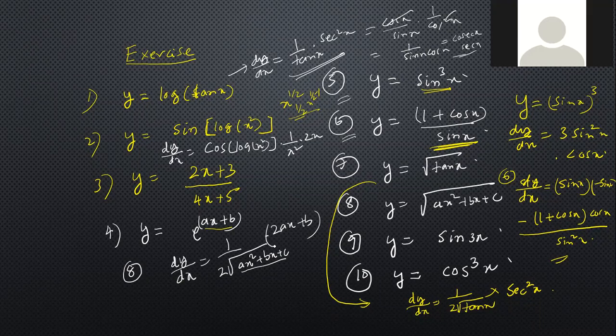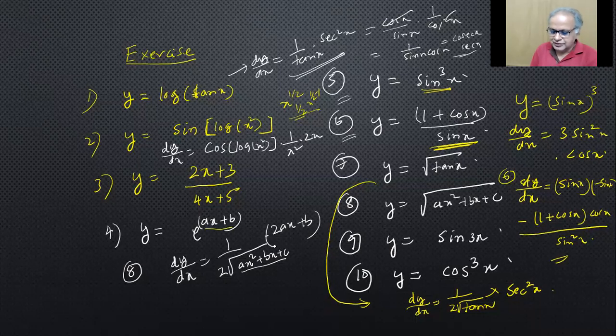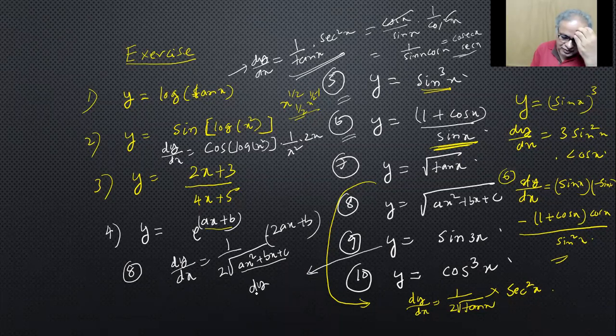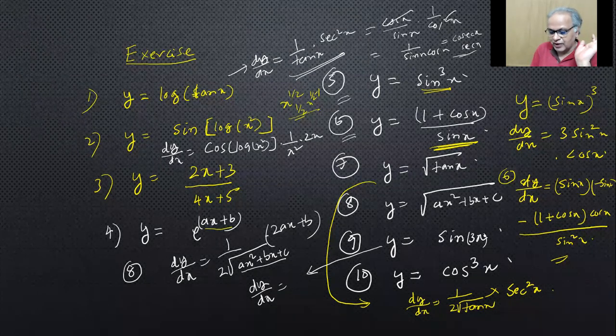Sam, as the ninth one, 3 cos x. No, sir, it's 3 cos 3x. Yes, sir. dy by dx equals, for the ninth we are writing, sine 3x. Previously it was y equals sine x only, now sine of 3x. It is an ax plus b function and a sine function. Of course, b is 0 here, but still it is a different function. So sine of 3x will become cos of 3x, right?